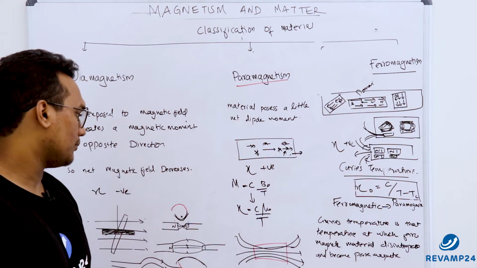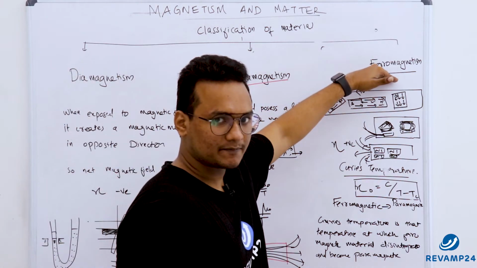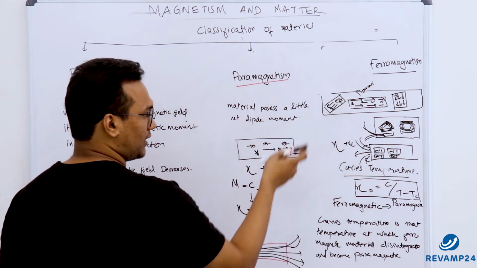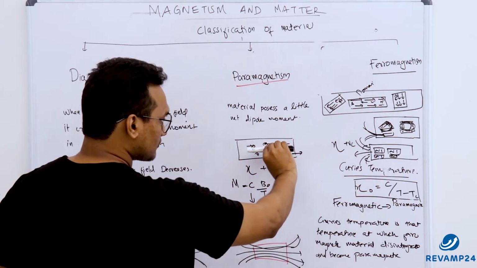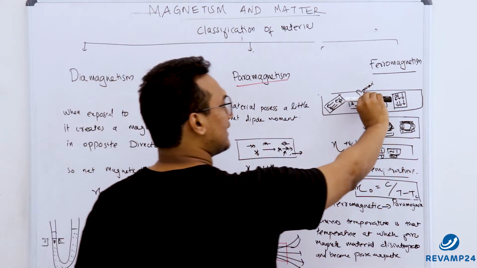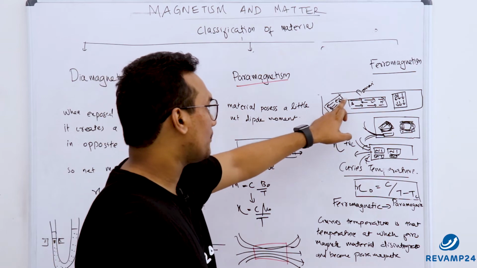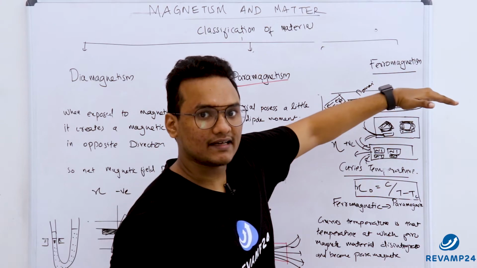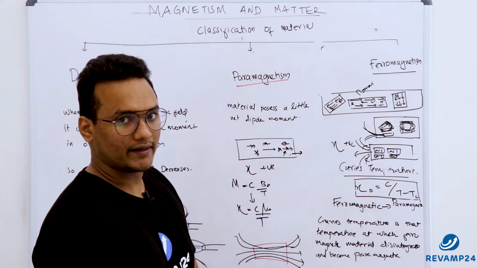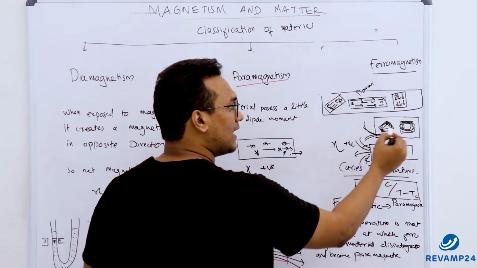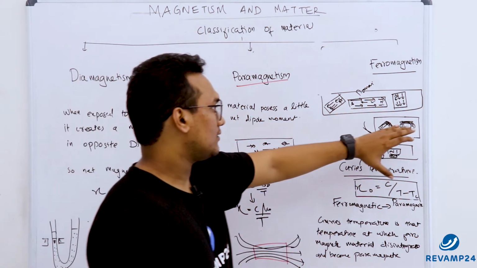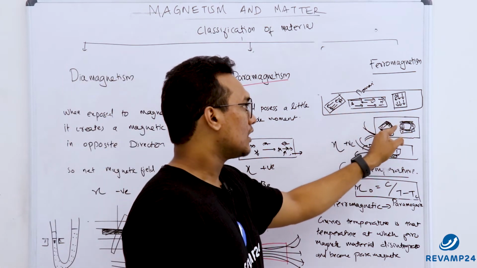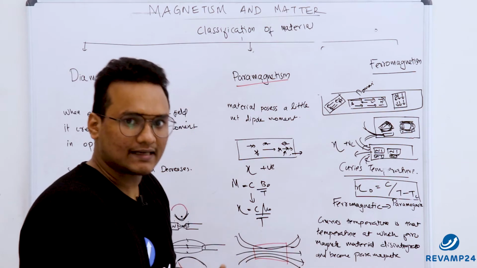Curie's law. Very important. In the case of ferromagnetic substances, what is the common thing here? I have a magnetic dipole moment here and here as well. But here the magnetic dipole moments have formed domains, and these domains are aligned in a direction when an external magnetic field is provided. When it is not provided, they form a closed loop, and the magnetic field is very less,